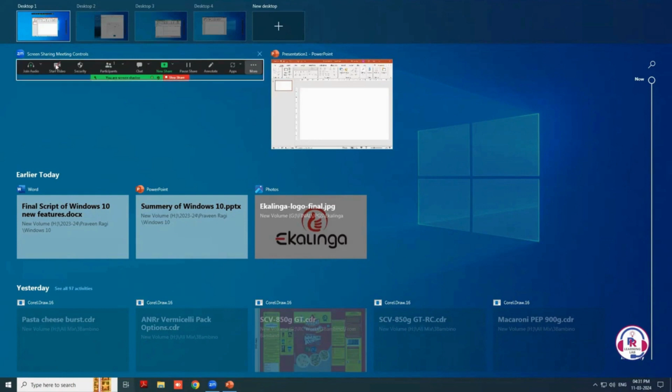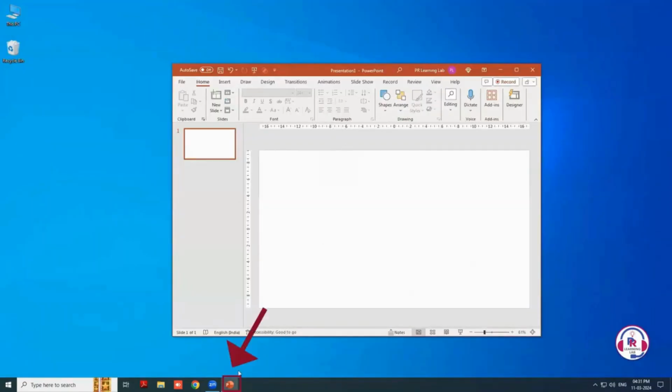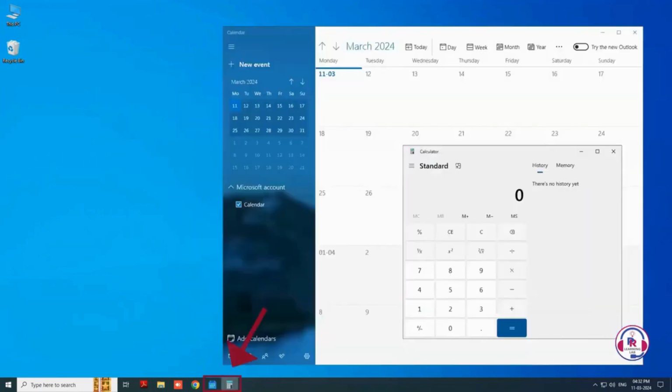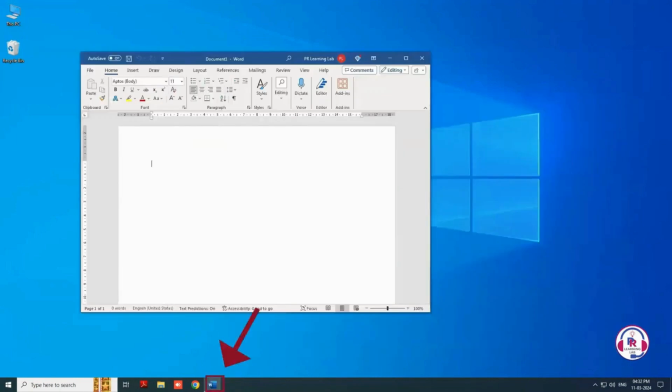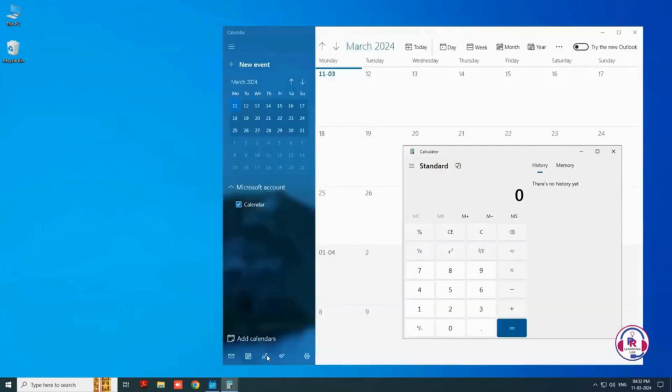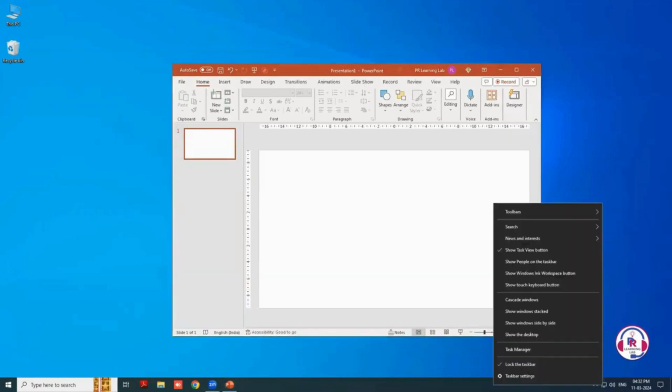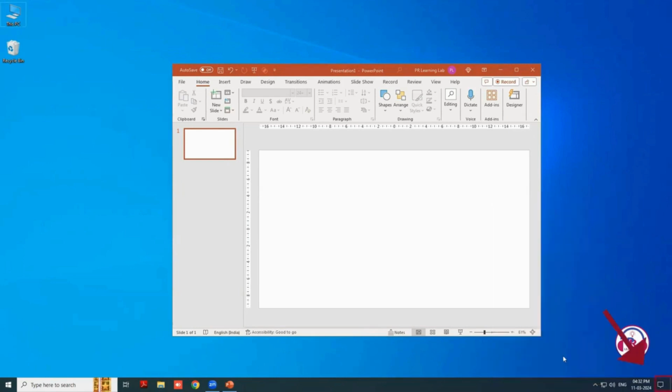When you open a virtual desktop in Windows, only the default applications appear on the taskbar of that virtual desktop. The taskbar of the new virtual desktop only displays essential system icons and any default applications pinned to the taskbar. While only default applications are shown on the taskbar by default, users can customize their taskbar settings to display additional icons if desired. This customization can be done through the Windows Settings app or by right-clicking on the taskbar and selecting Taskbar Settings. Go to Taskbar at the bottom of your screen, then System Tray on the right side corner.